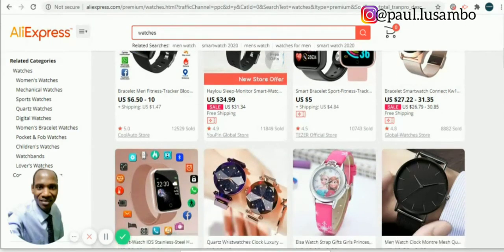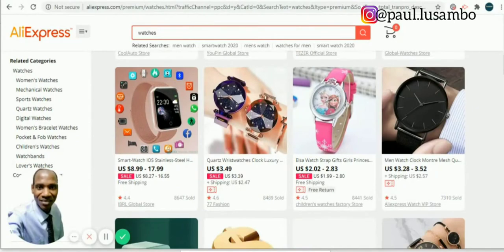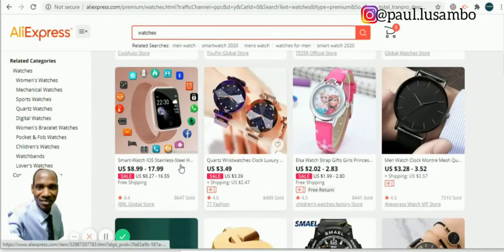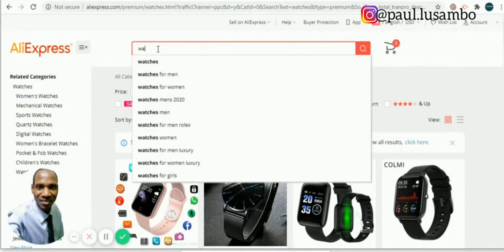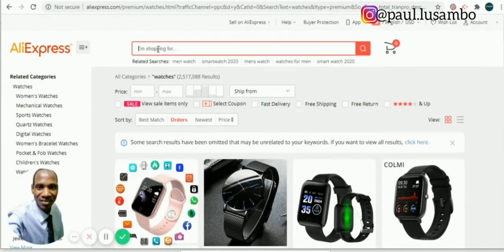So I'm giving you the golden nut for free. As you can see, this 4.4, this product is not so good. And also, this one bad. This one is bad. So let us search another niche. Maybe now we don't want to sell watches anymore. We want to switch to start selling in another niche. Let me write maybe